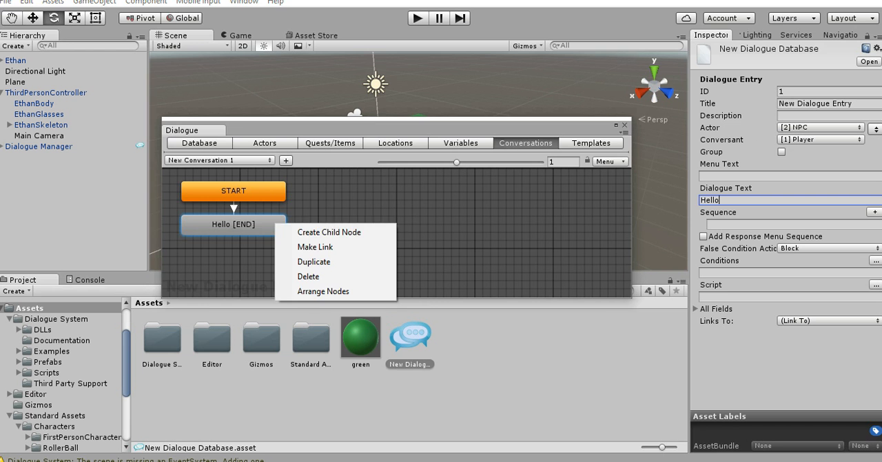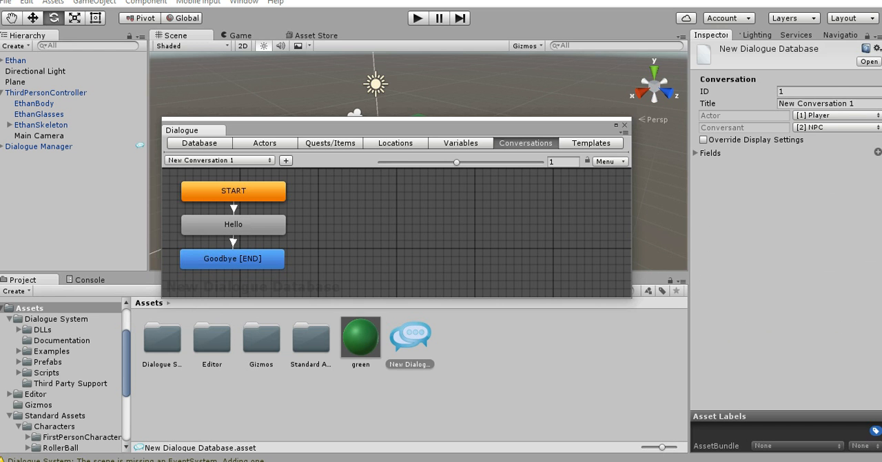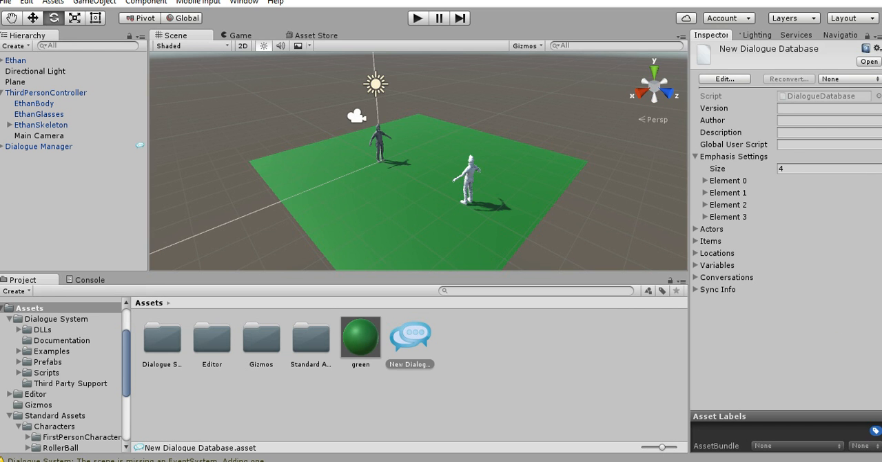Repeat the process, right click, create child node, and that should bring a blue box. And here you can write whatever you want the player to answer. So I'm going to write goodbye. Just remember that the gray boxes are for the NPCs and the blue boxes are for the player. You can press X here and then you should click on Ethan